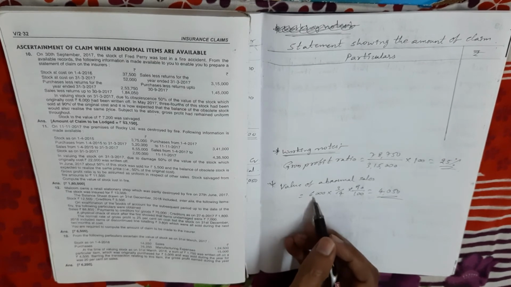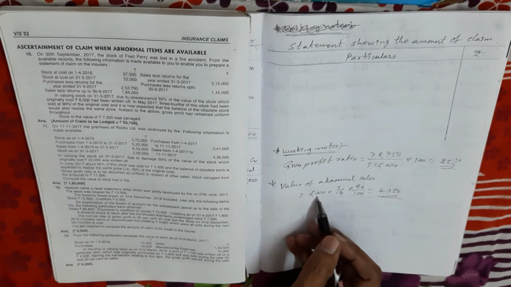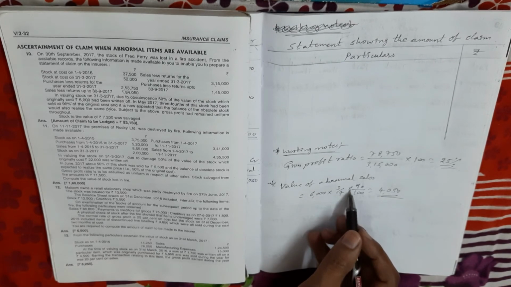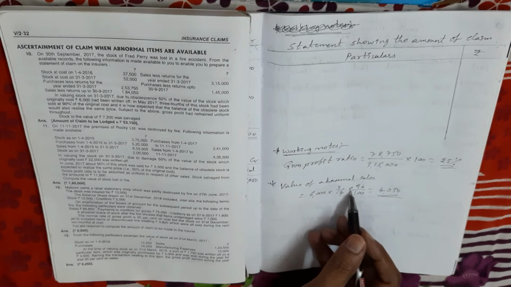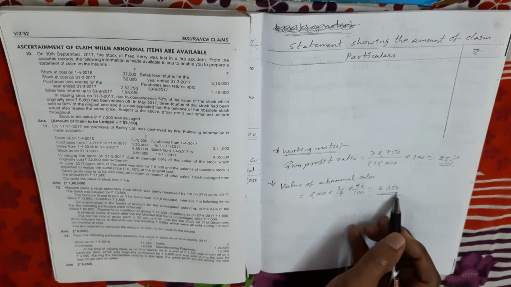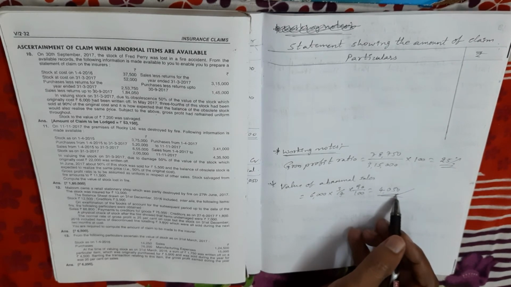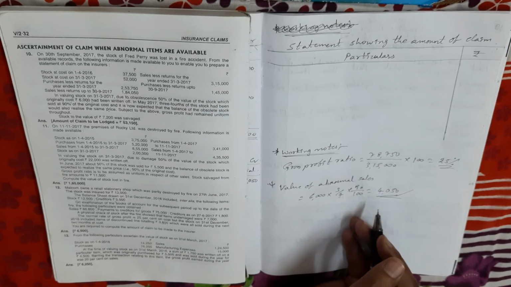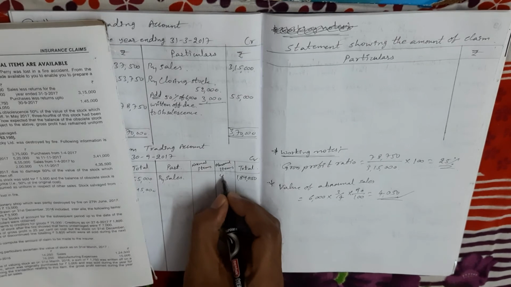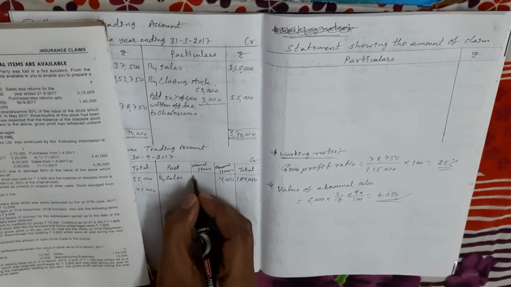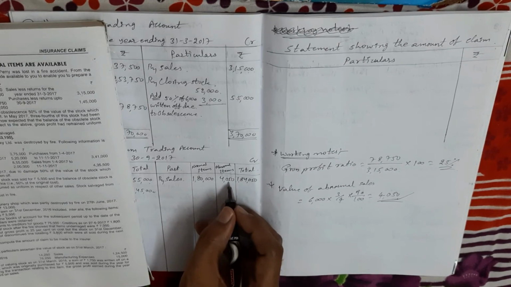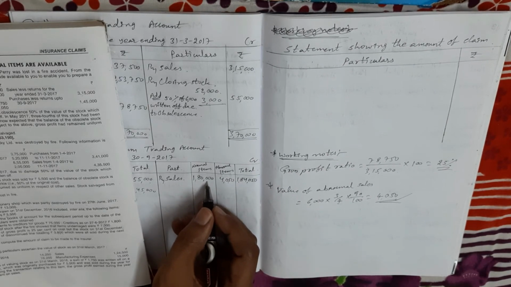Okay, total abnormal items value is 6,000 rupees. In this we sold only 3/4 amount. So 3/4 into 90 by 100, as we sold at 90% of cost. So abnormal sales amount is 4,050 rupees. Abnormal sales 4,050 rupees means the remaining balance is normal sales. Okay. So normal sales is the remaining balance, that is 1,80,000. 1,84,050 minus 4,050, the balance 1,80,000 is normal sales.